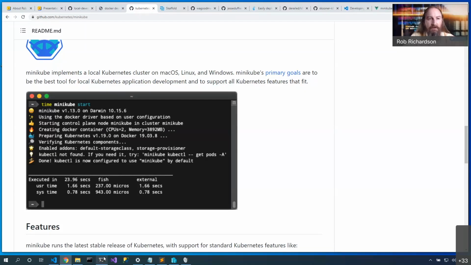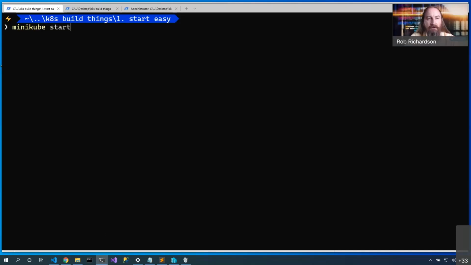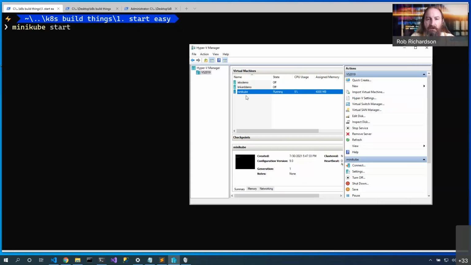So I come in here and I'll say minikube start, and I've already done that in this case. So we can see that we have this virtual machine running with Minikube already set up. Now in this case, I chose to run it on Hyper-V, but if you're on a Mac, you can run it on HyperKit, and you can also run it inside of WSL. Now you'll notice that I also have other virtual machines for other Kubernetes clusters that I wanted to run. If I wanted to run my Linkerd demo, I'll run it in this one, and my Istio demo I'll run here. Now, these clusters won't collide because they're separate spots.